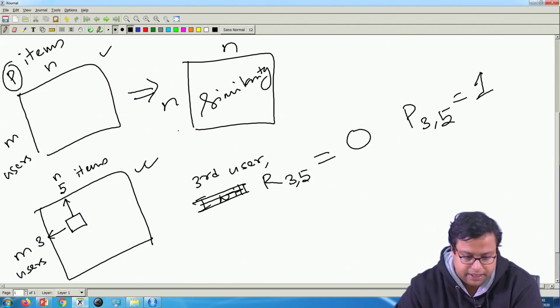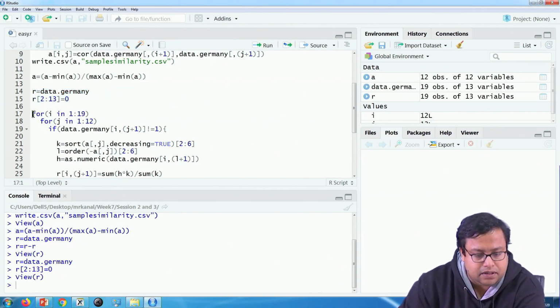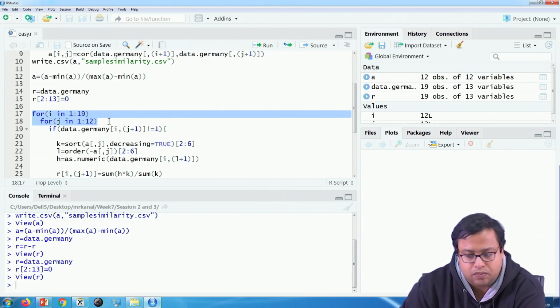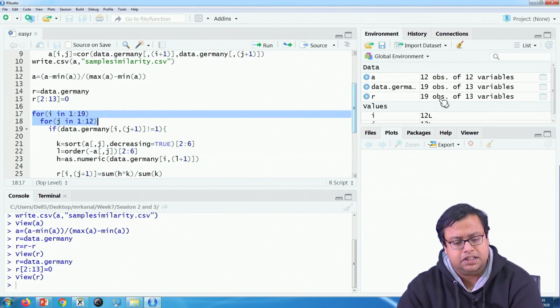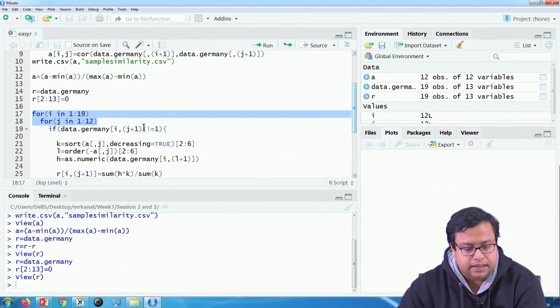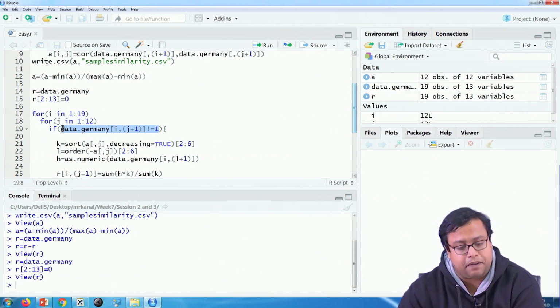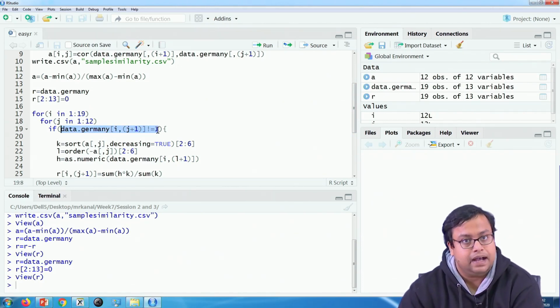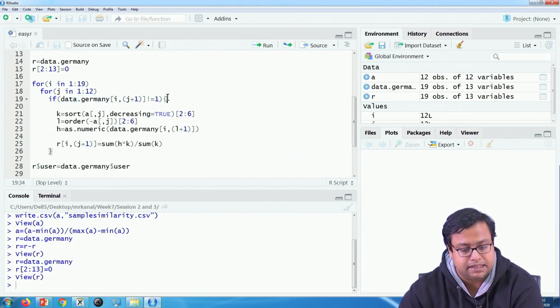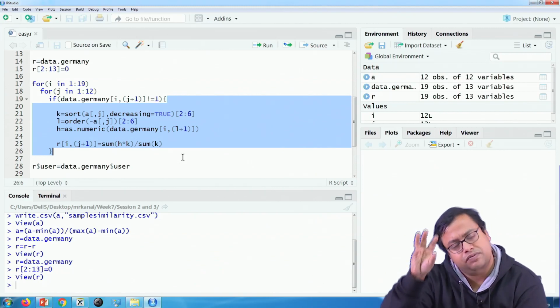So, that is what I have written here. Carefully you see that for i is equal to 1 to 19 and for j is equal to 1 to 12, 1 to 19 means the number of observations, number of customers, and j is equal to 1 to 12. This happens only if data Germany, the original purchase data, has the value 0. If it is not equal to 1, then only it happens. Otherwise this calculation will not happen, the value in the recommendation will remain 0.